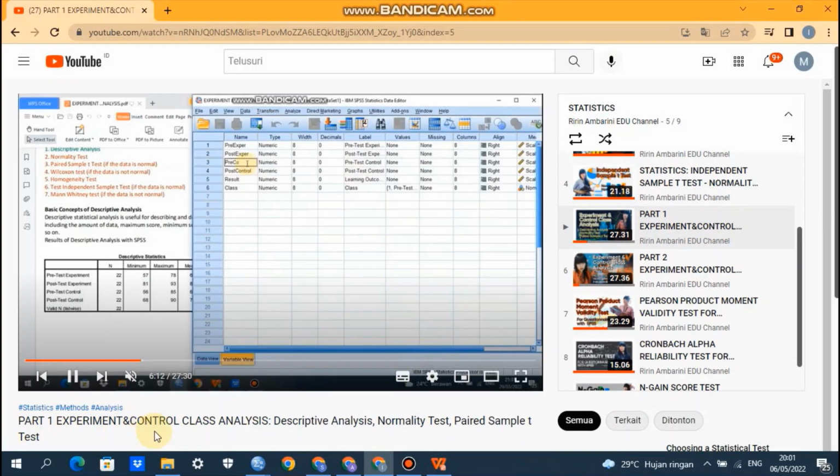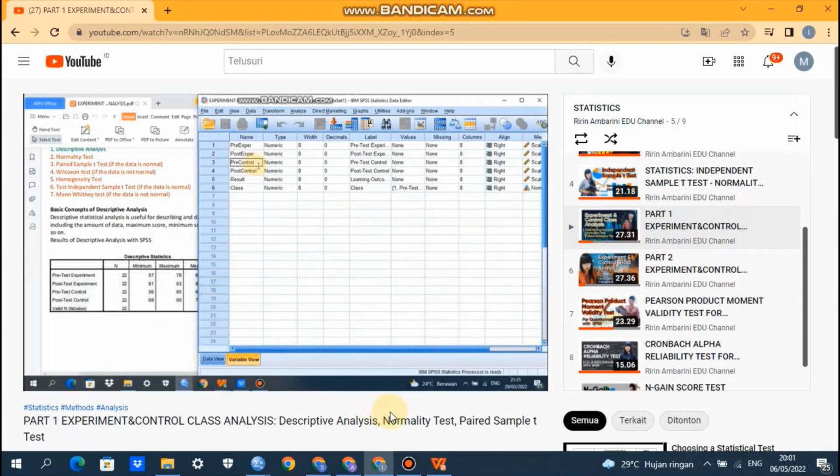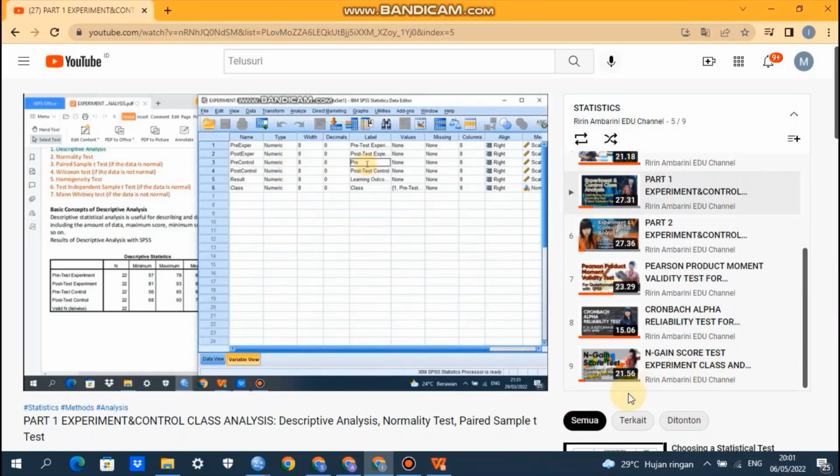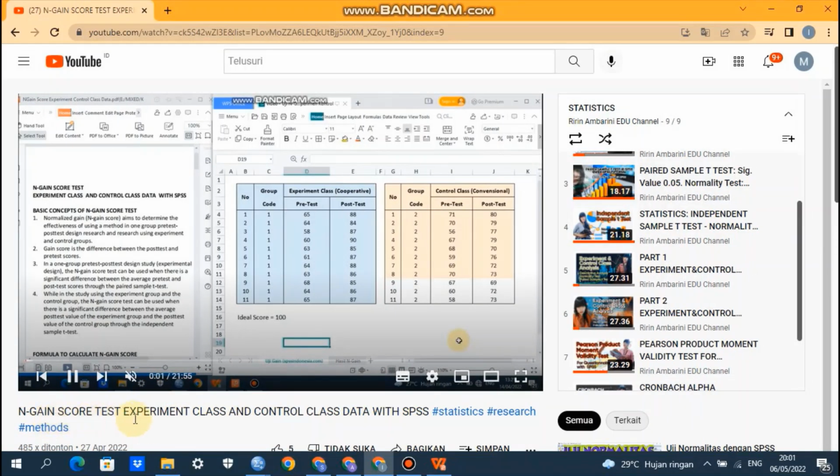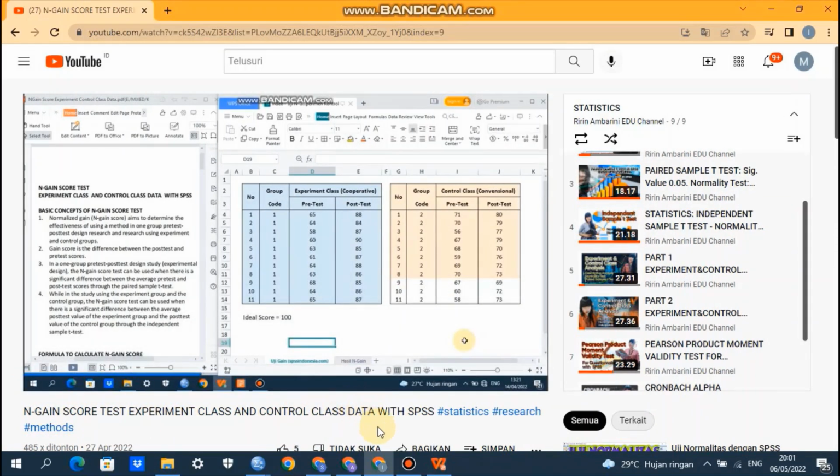So if we have part 1, experiment and control class analysis for paired sample t-test, of course we have the N-Gain score test, experiment class and control class data with SPSS, especially for paired sample t-test. Don't forget this one.